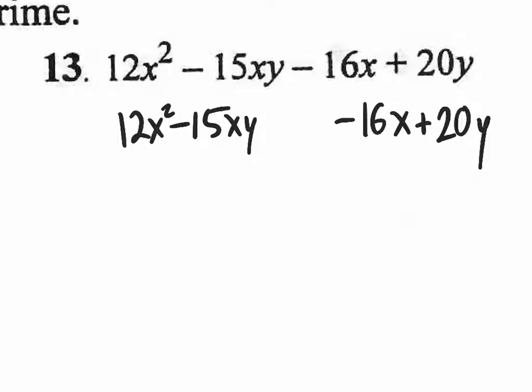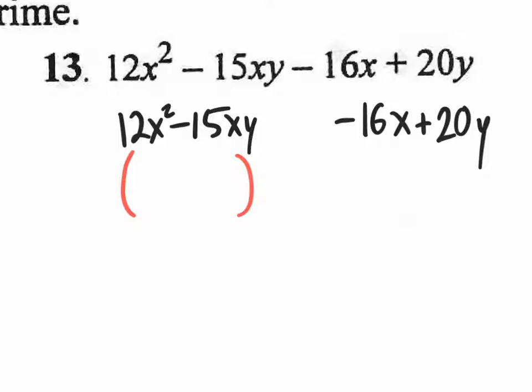Once again, I've mentioned this before. I see students put parentheses up here. Don't do that. That really just confuses me, and it probably confuses you as well. So let's actually separate the first 2 from the second 2. This is our first group. That's our second group. And then step 2 on factoring by grouping is to factor out the GCF from the